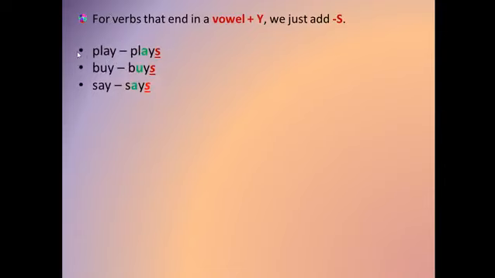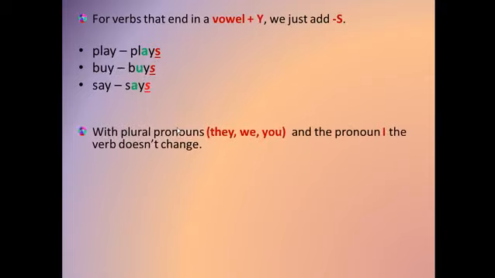Because my subject is he, and the verb here ends with a vowel and a y, so I simply add s, and we said vowels are a, e, i, o, u. Okay, for example, here he buys. Here I have my subject he, and the verb ends with a u, a vowel, and a y, so I simply add an s. And of course we said all of these rules are regarding the third person singular, if my subject is he, she, and it only.